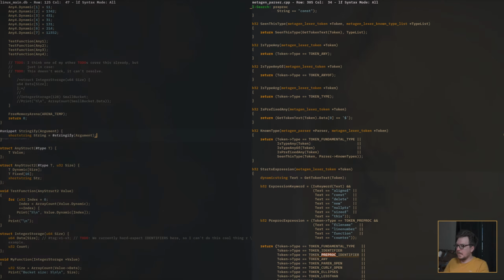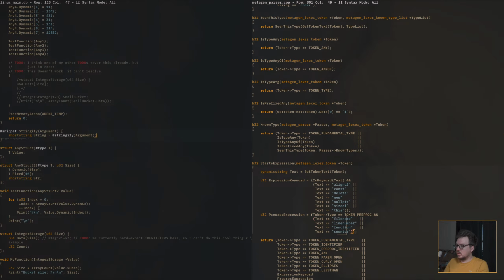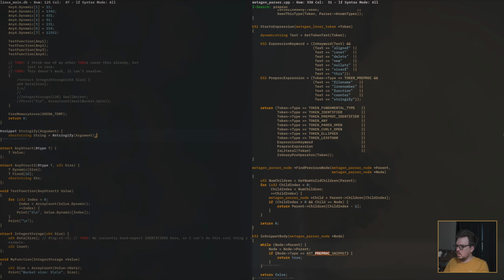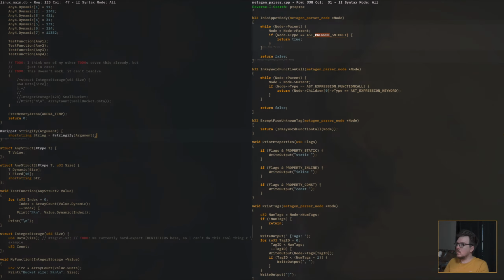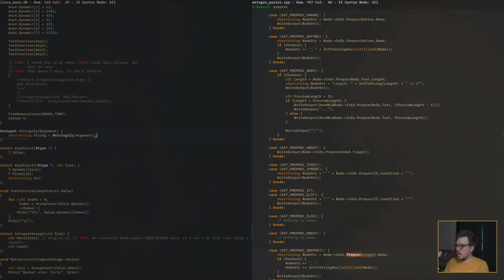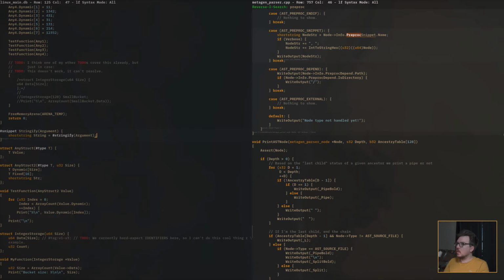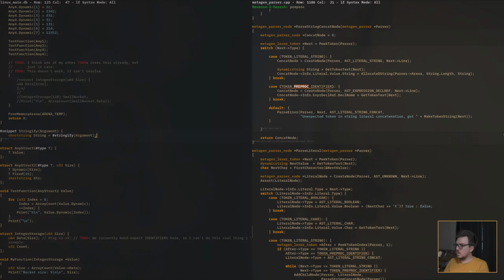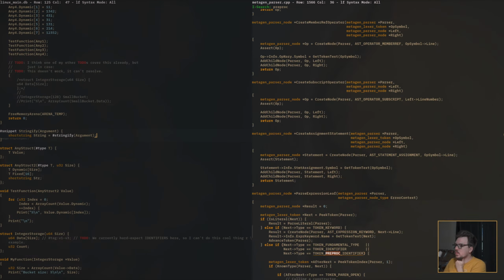Preproc starts expression, so stringify does. Right. So now we need to find where we parse preprocs. String concat node, parse literal.